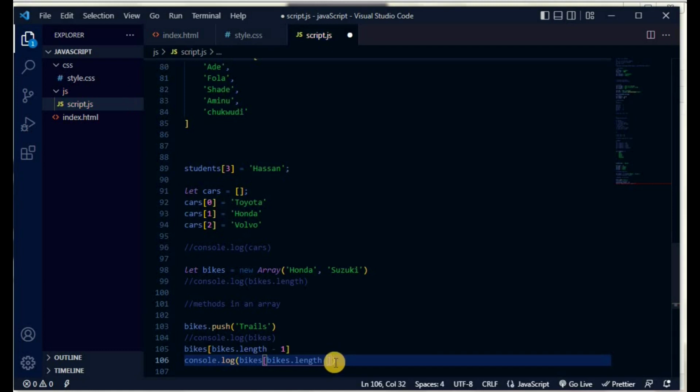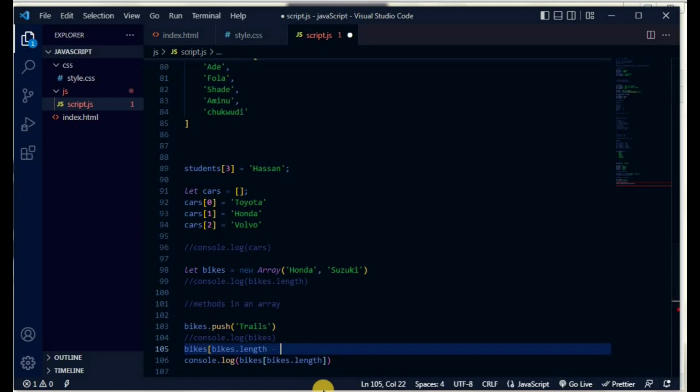We are supposed to have a third item that doesn't exist, which is what we have here, bikes, index 3. It's just the same thing as saying bikes, then we put 3 in this place, then we'll say equal to